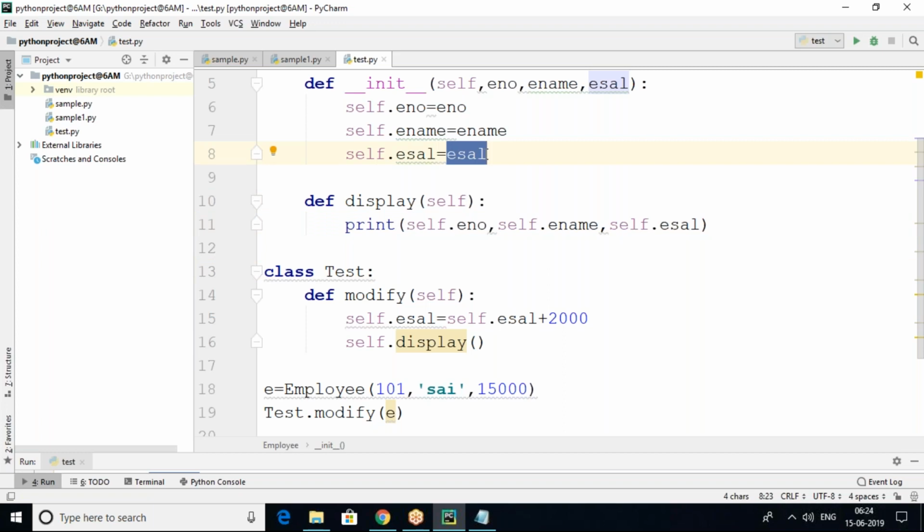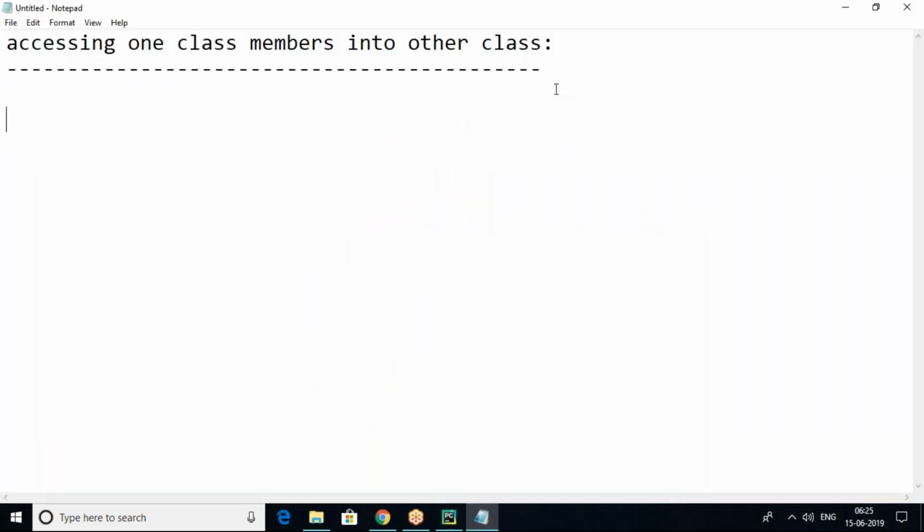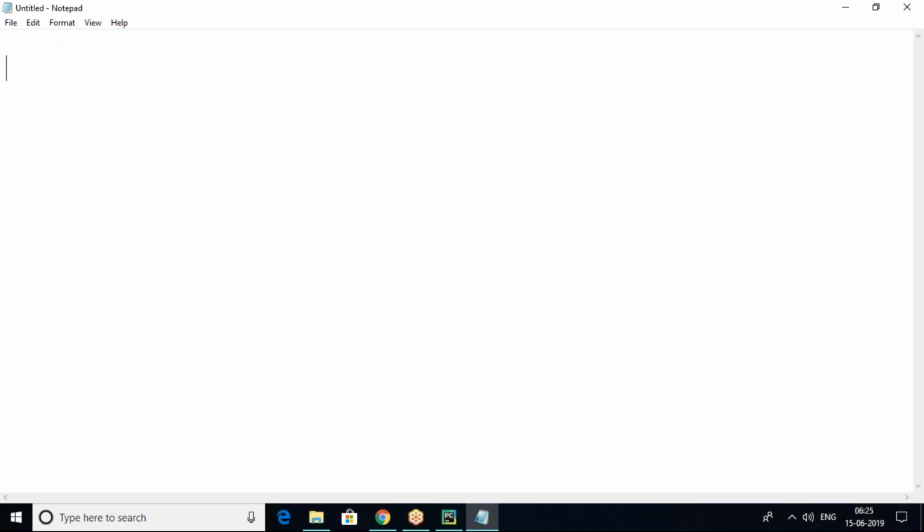Why it is available, you may have a doubt here. E salary is a public variable. Once the variable is public, we can access it outside of the class also. But there is a concept in Python, encapsulation in object-oriented programming. We can restrict the access to variables and methods by making our variables private or our methods private. How to do it, I'll discuss later in the encapsulation feature. You can restrict access to members or methods in another class; it's not possible to access them once they are private members.